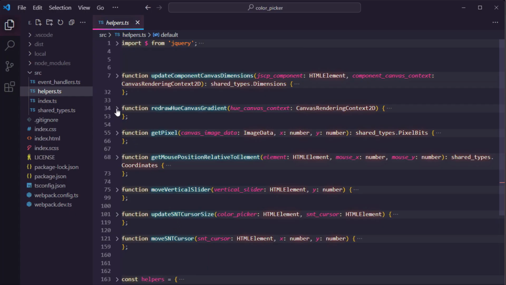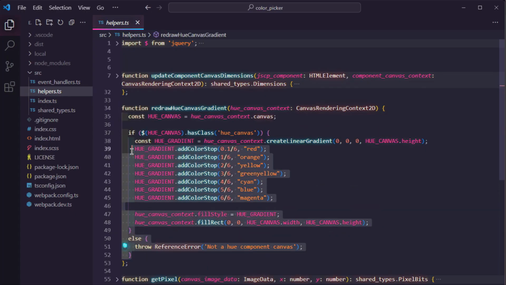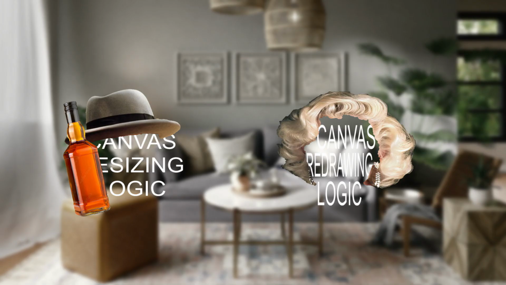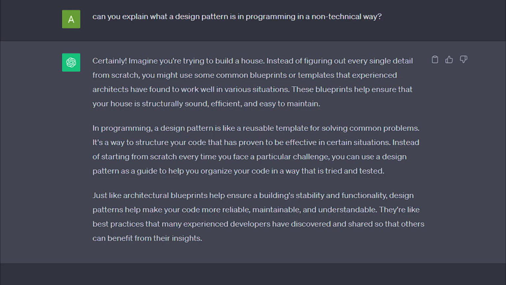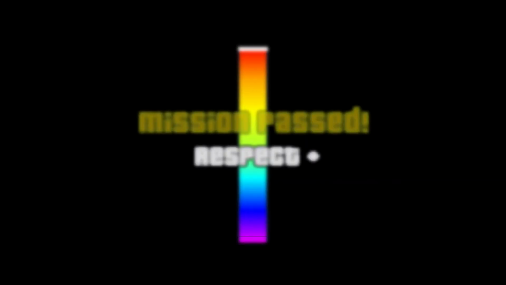The last thing I did was move the code for redrawing the canvas's gradient into its own helper. This decoupling was actually meant for the other two components because I figured their gradients will be changing a lot. By separating the logic, the canvases won't be dependent on resizing to be redrawn. I only did this for the hue component because I wanted them all to follow the same design pattern. The hue component was pretty much done at this point, so I moved on to the alpha channel.